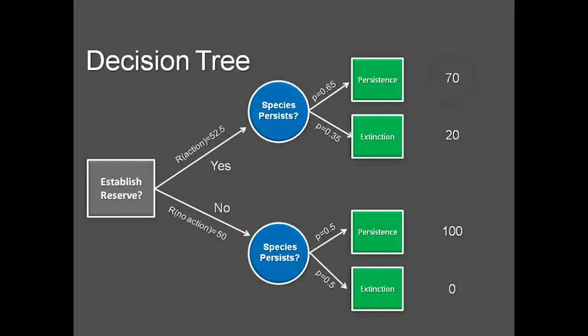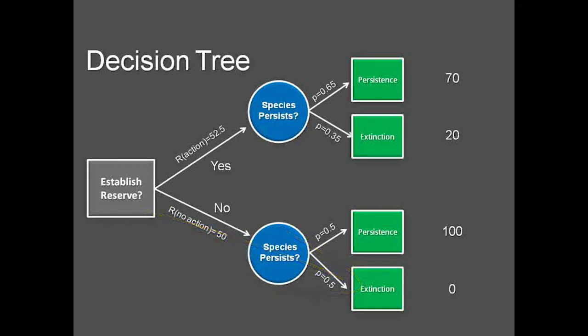Imagine that we didn't establish the reserve, but the population still persisted. Compared to that 70, maybe we give that a score of 100 to recognize that we still have the species around, but we didn't have to spend the money to establish the reserve. That's our ultimate outcome. A really bad outcome might be not establishing the reserve and still having the species go